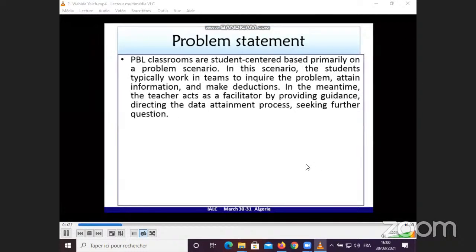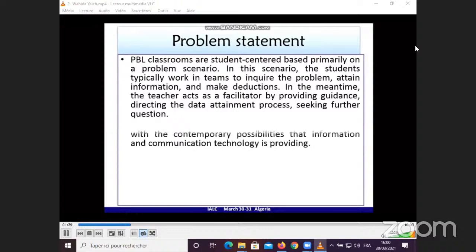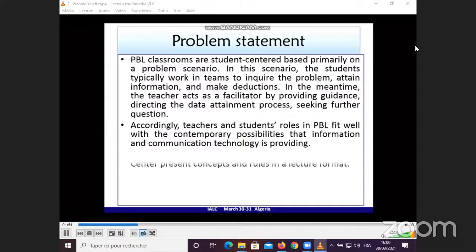In fact, problem-based learning contains an active and content-based primary scenario. In this scenario, the students typically work in teams to inquire into the problem, attain information, and make deductions. In the meantime, the teacher acts as a facilitator by providing guidance and directing the data attainment process. Accordingly, teachers' and students' roles in problem-based learning fit well with the contemporary possibilities that information and communication technology is